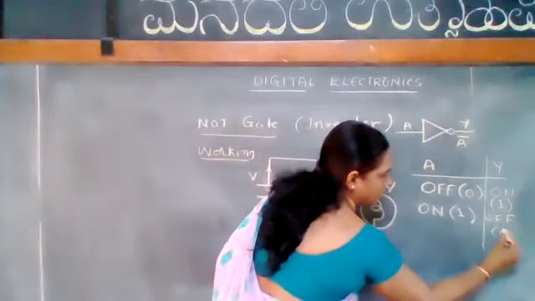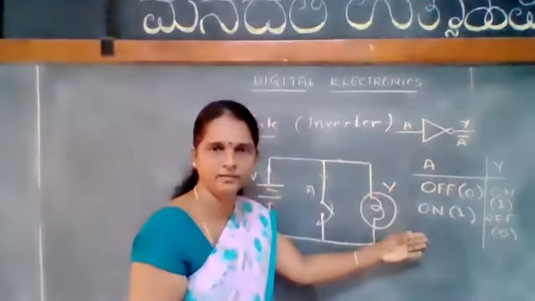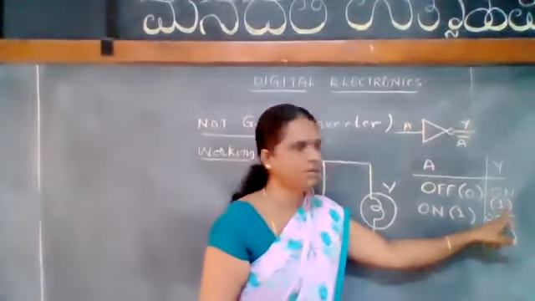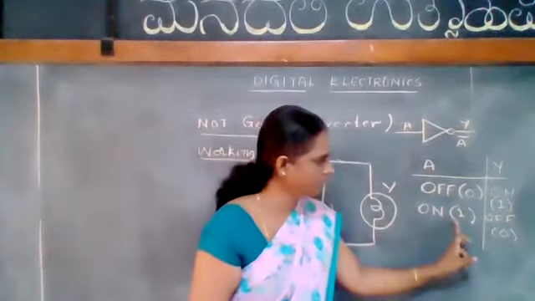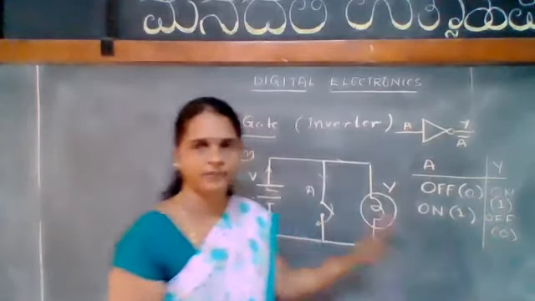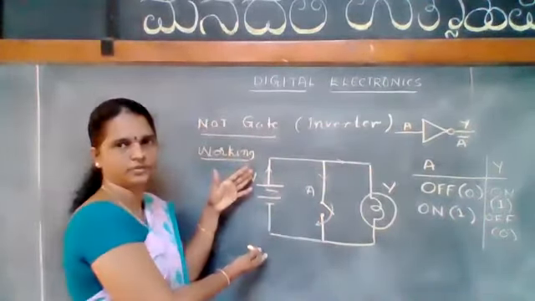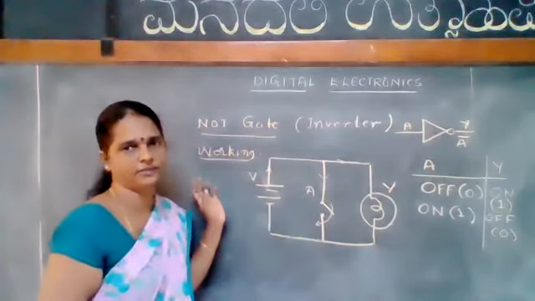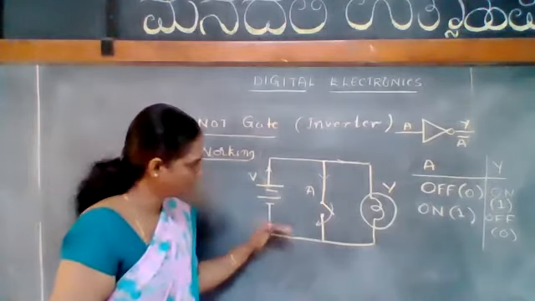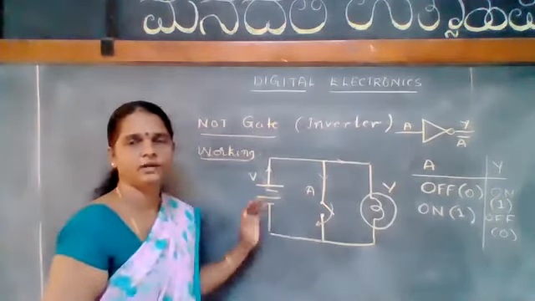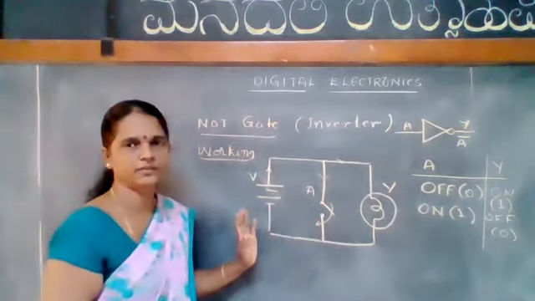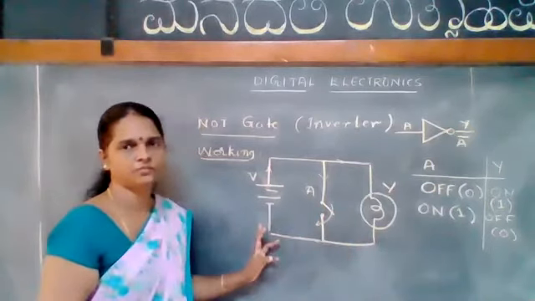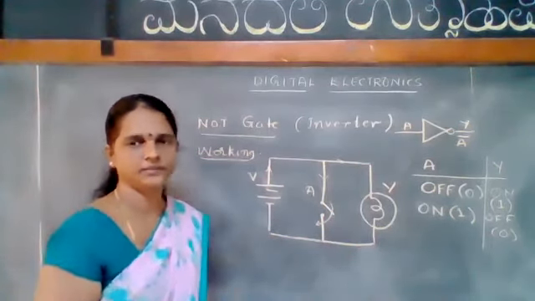So this is 0. This is what we have written in the truth table for the inverter, right? When A is equal to 0, output is 1. When A is equal to 1, output is 0. So, using this electrical circuit, we can analyze what is an inverter. We can explain the working of an inverter using this simple circuit by connecting one switch and a bulb across a source. This is clear, right?